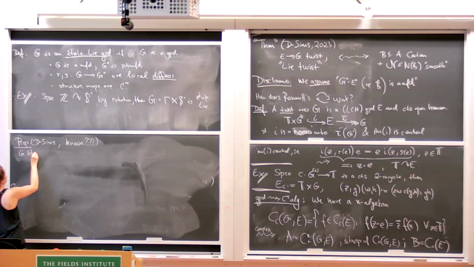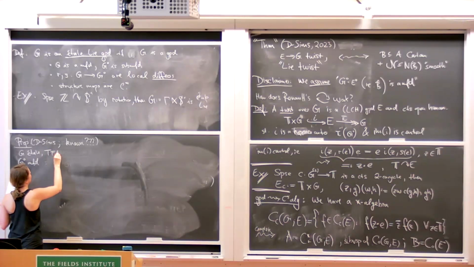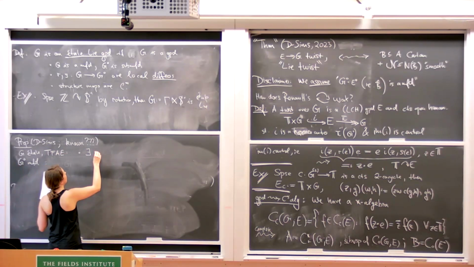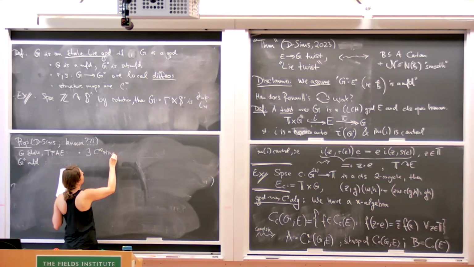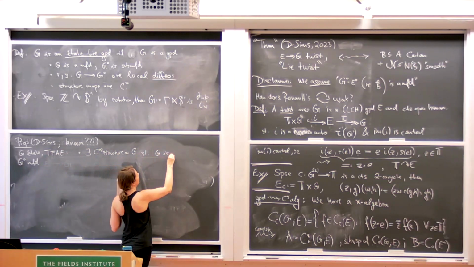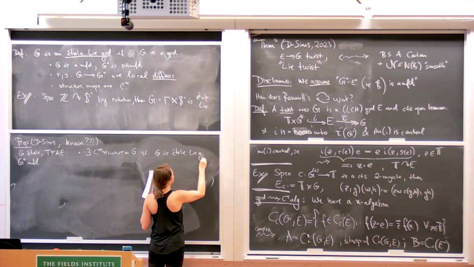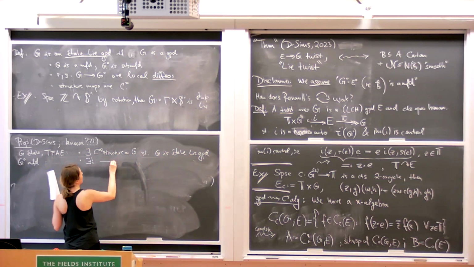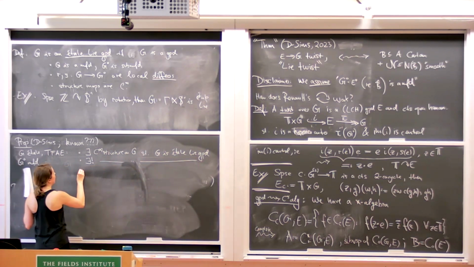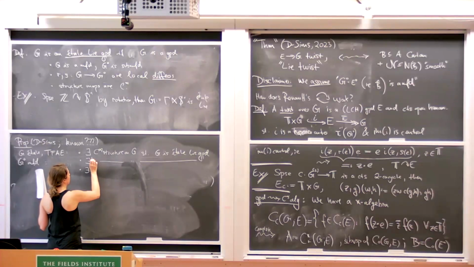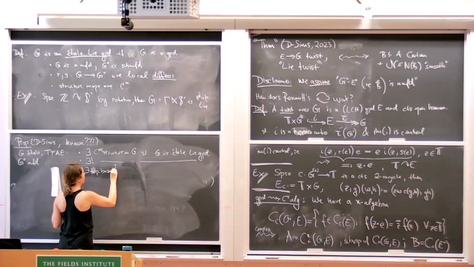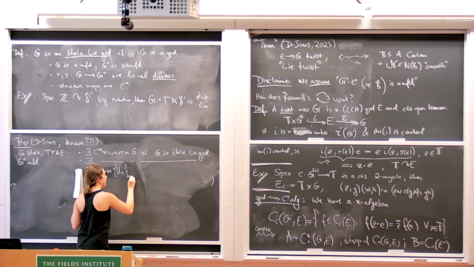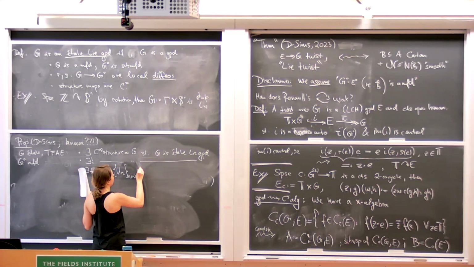There's no way that people haven't found this. So suppose G is étale, and suppose G naught is a manifold, then the following are equivalent. There exists a C infinity, so a smooth structure on G, meaning I can make G a manifold such that G is an étale Lie groupoid. Then this is also equivalent to there exists a unique such structure. And lastly, there exists a topology base U_n, n in script N, of bisections